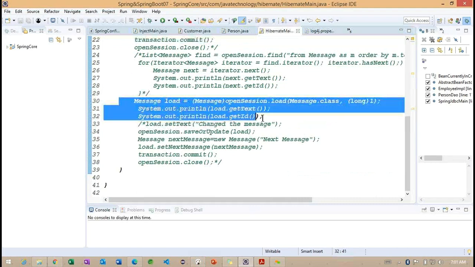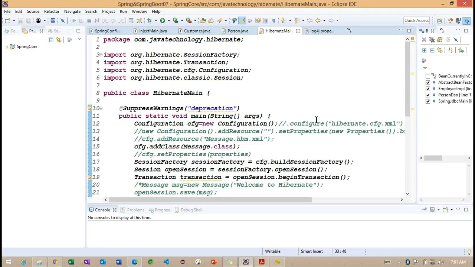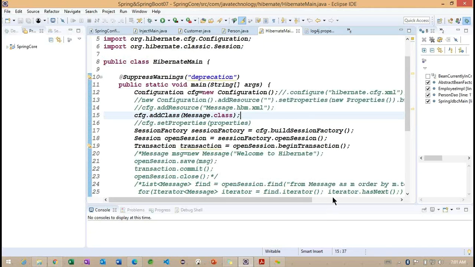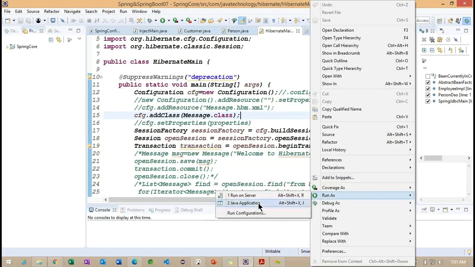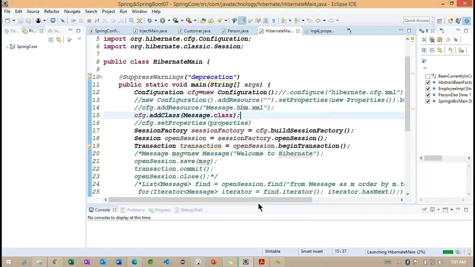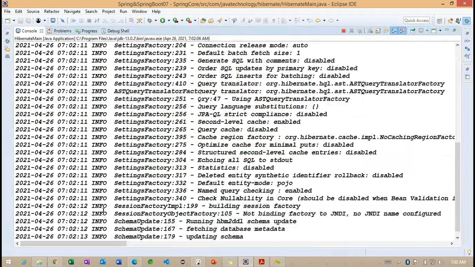What we are doing here is trying to load an object, and by loading an object, we are trying to print the data. We'll observe how exactly this data is printed. Observe what is happening internally.